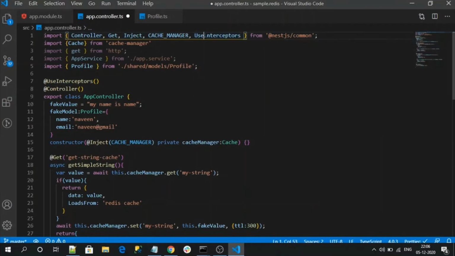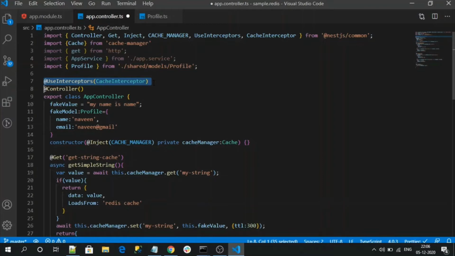Now to this interceptor, I need to specify the cache interceptor as an input value. This cache interceptor also loads from the Nest.js common library. So that's it guys. By adding this decorator on top of our controller,